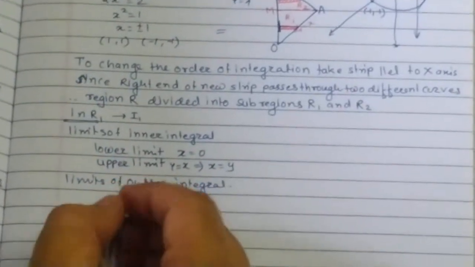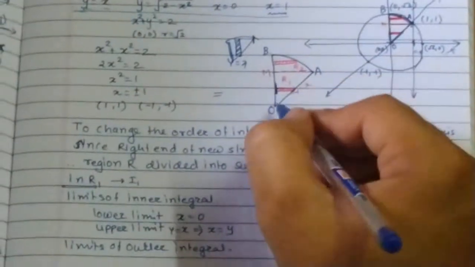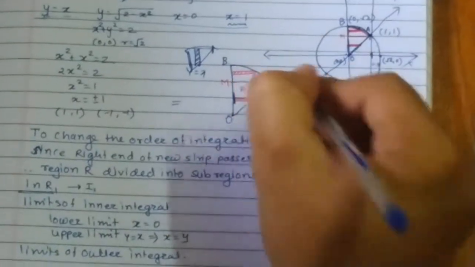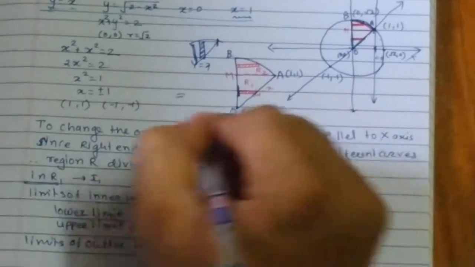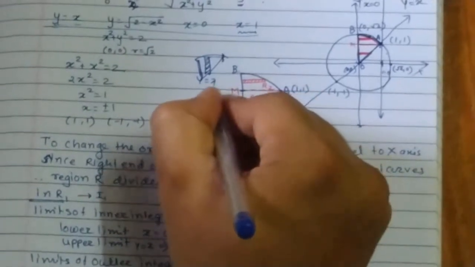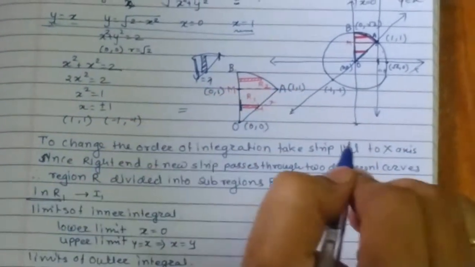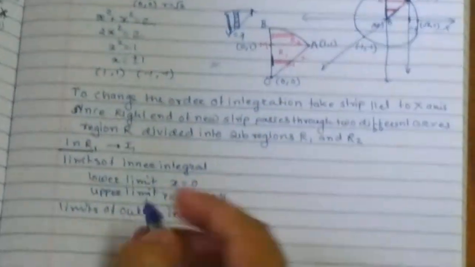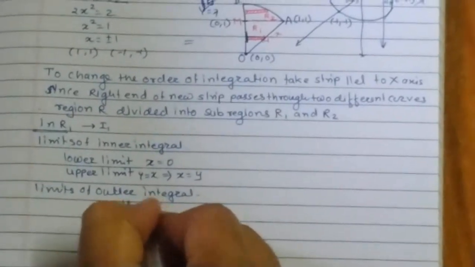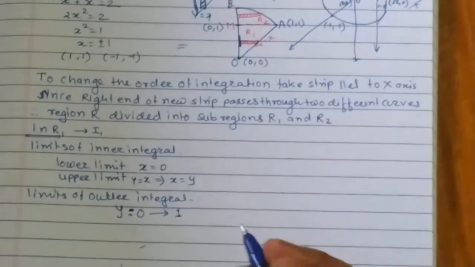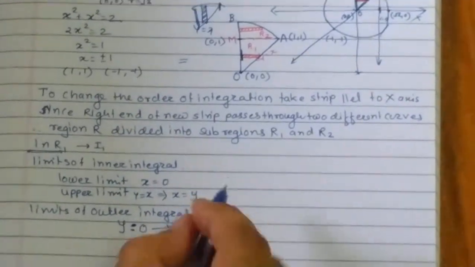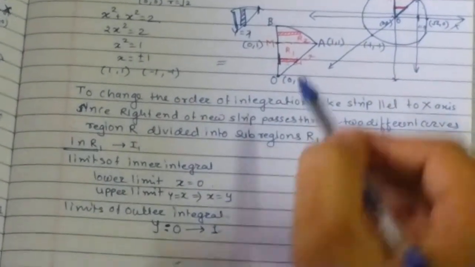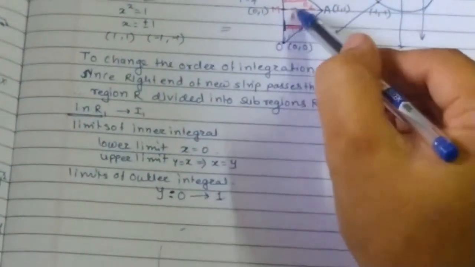In case of the limits of the outer integral, when I start to vary my strip from the point O to AM, the coordinates of the point A are 1, 1, the coordinates of the point O are 0, 0, and of course the coordinates of the point M are 0, 1. So in the movement of the strip, we will move it from y equals 0 to y equals 1. So y changes from 0 to 1. Why observe the change in y? Because my strip is horizontal, inner limits are of x, outer limits are of y. Hence to derive the outer limits I observe the change in the y coordinate.